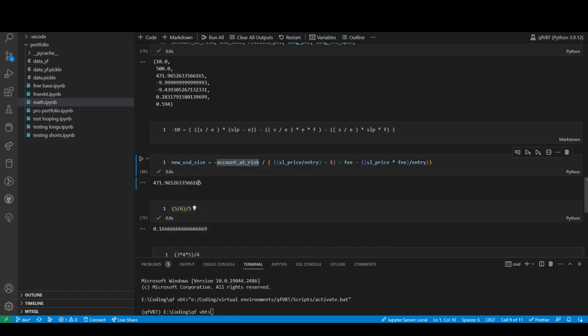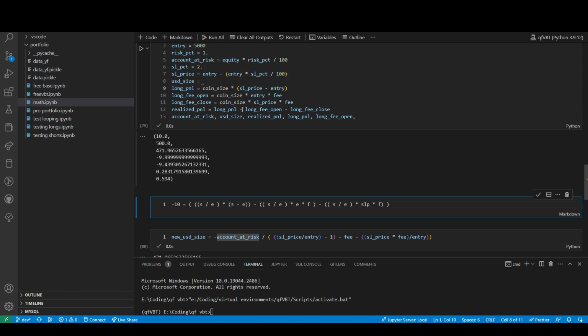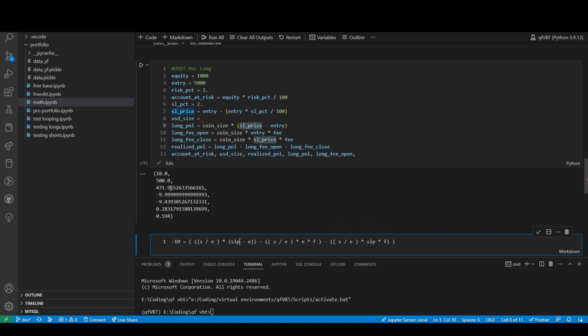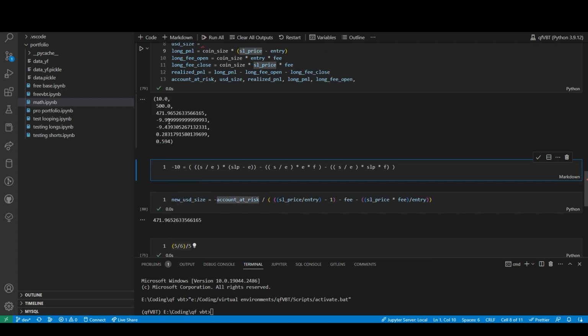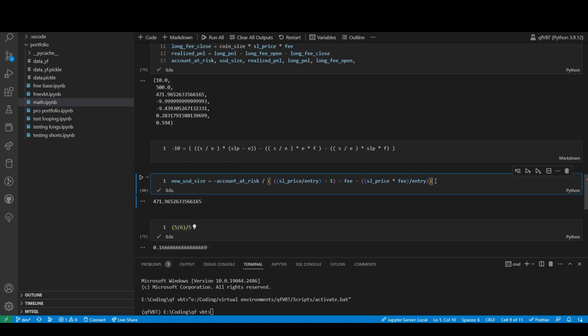this number right here. Because I messed up and I put this as S, so I thought that this was the size, and I should have labeled this as USD. And I was looking at this and I realized, no, this is not S, this is stop loss price. And so boom. So now we have this, and then when I plugged that number into here, I got the, anyways, so let's put this formula here, up here,